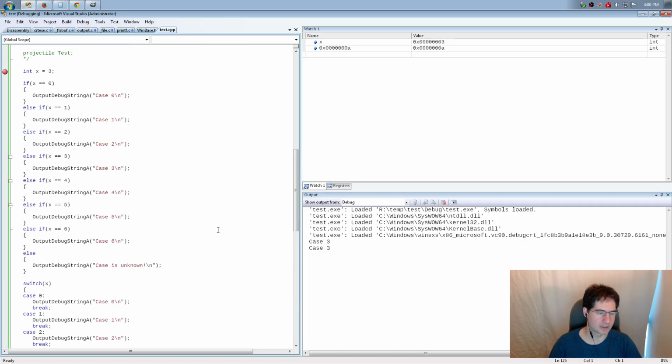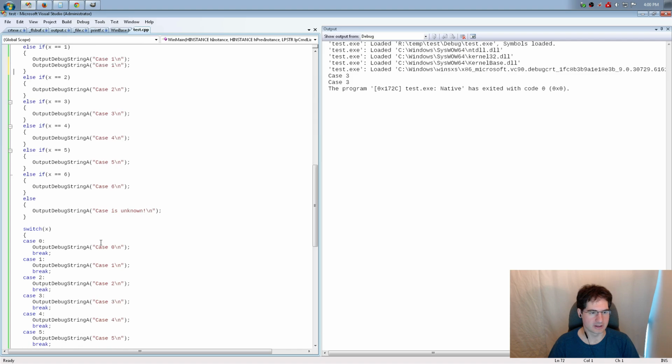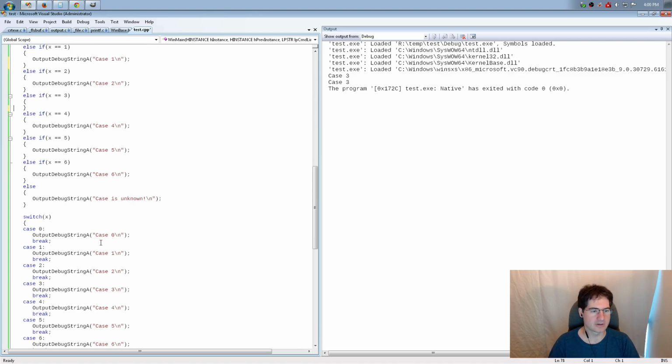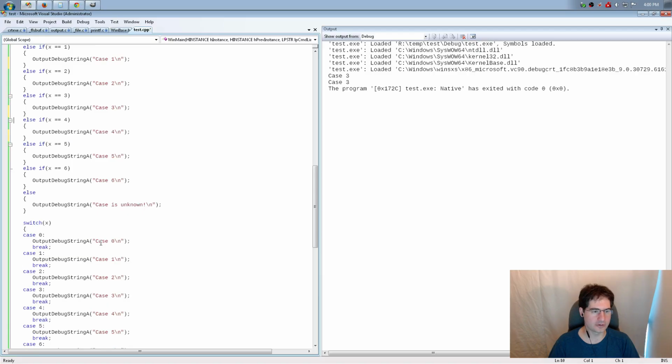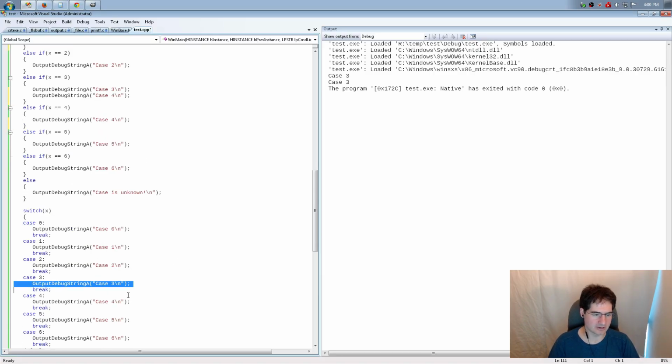Okay, so there you go. It's pretty simple, the switch statement. And you can even use this to your advantage if you want to. Let's say case 3 actually also did the stuff from case 4, right? Well, if that was the case, I could just eliminate this break, and now we're good to go.